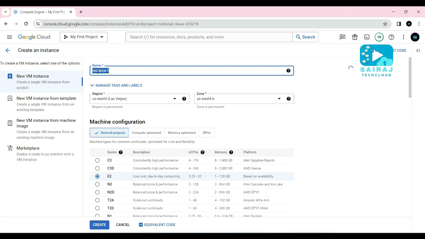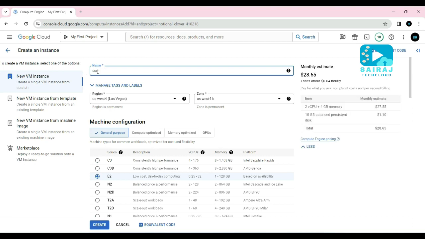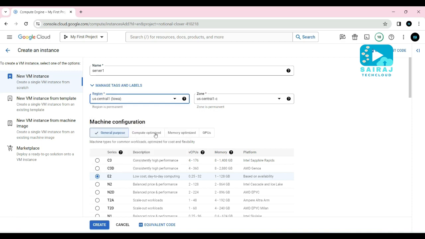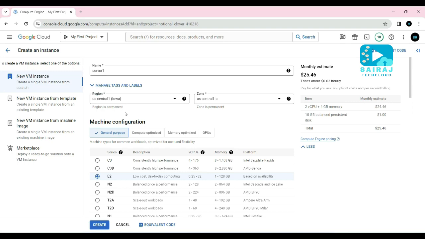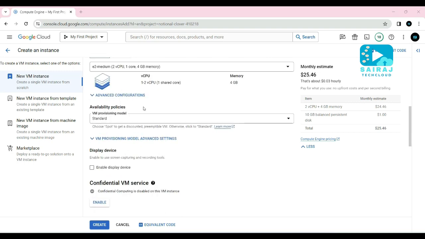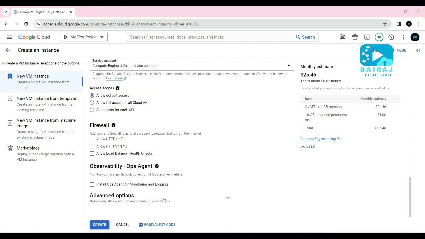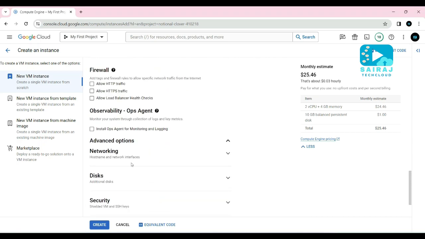Then fill the name of the instance as server 1. Then select here US Central. Select the correct region, guys, here US Central. Then guys, all the remaining fields leave as they are. Only you change the networking tab here inside the advanced option.